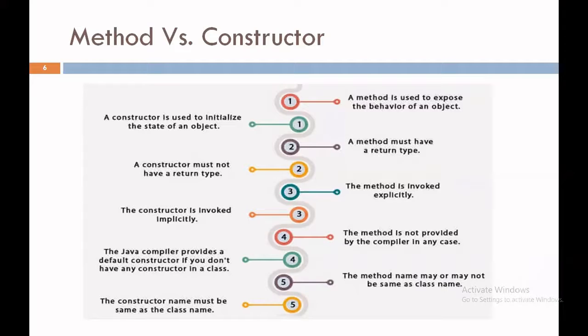That means when we declare the constructor, we compulsorily have to specify the constructor name as the class name, while a method name may or may not be the same as the class name. So these are the points that specify the difference between a Java method and a constructor.